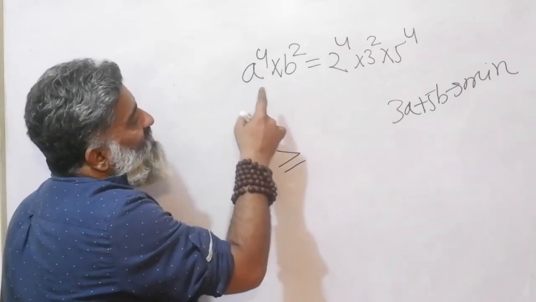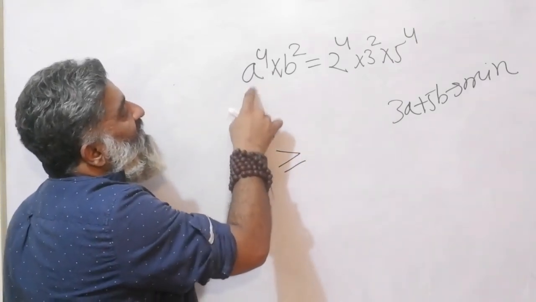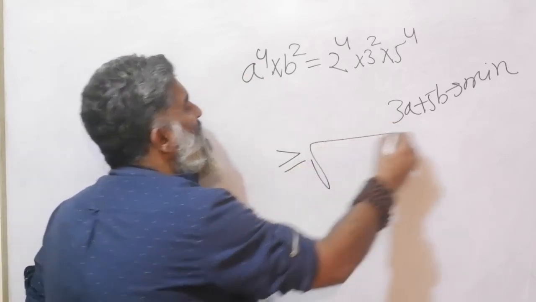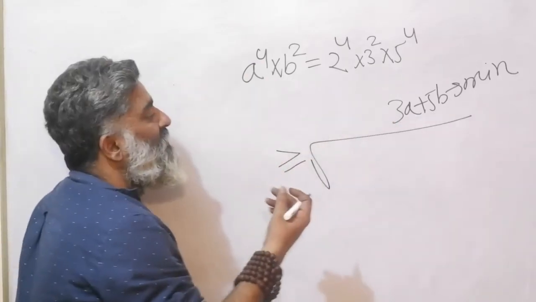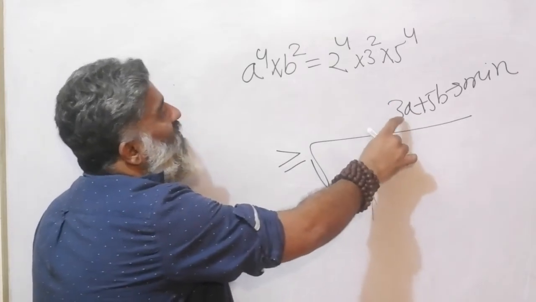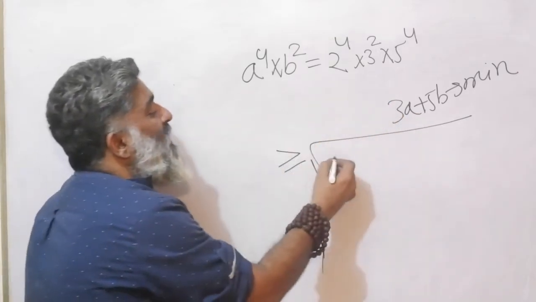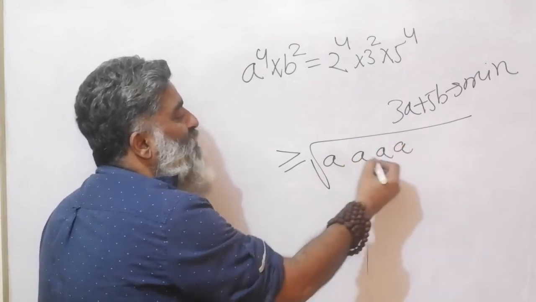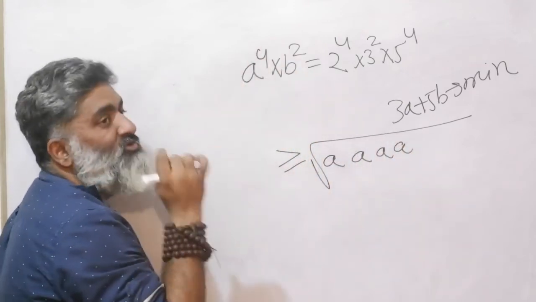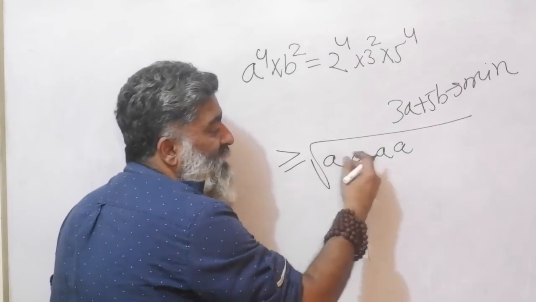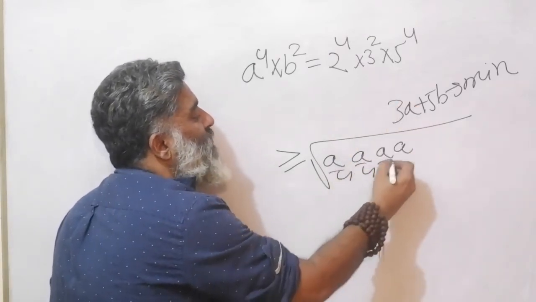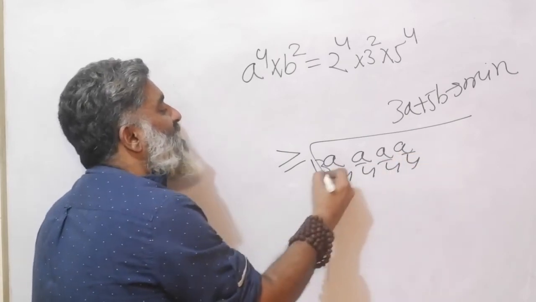And now again my challenge is, how do I create a raised to 4 on one side and a 3a on the other side? But now I have already seen an example earlier. So if I want a raised to 4, I know I will need 4 a's, right? That is for sure. A into a into a into a only will give you a raised to 4. But to compensate this 4, because I do not need 4 a's there, I will divide it by 4. And I will throw in the 3.